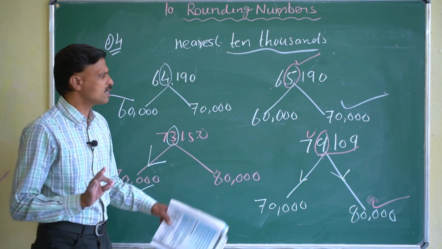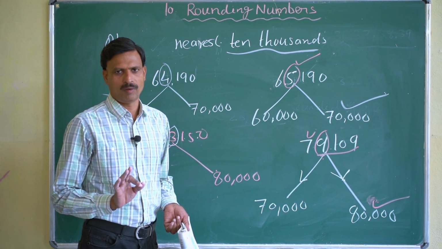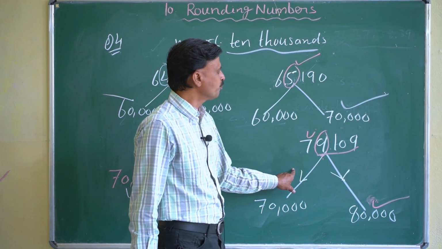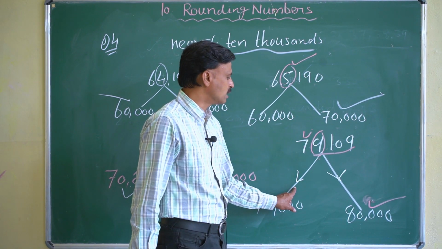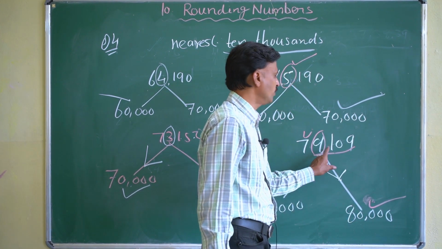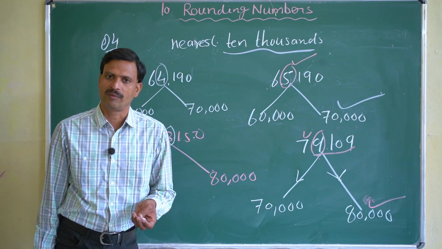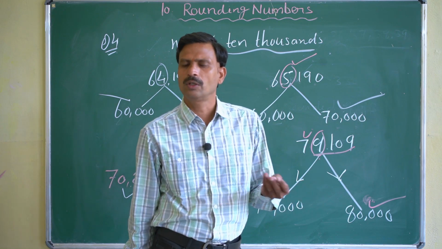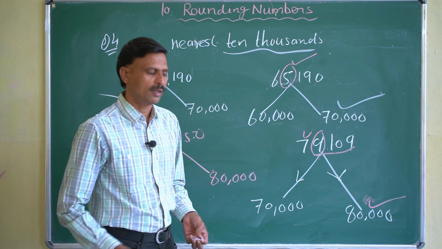Understand, no? This funda is for all the questions. You have to remember that. When you solve this type of question, you will write: since the thousand place digit is 9, the 10,000 digit will be increased by 1, so 7 plus 1 is 8, the others become 0, so it is 80,000. You solve it this manner, and I'll send the proper solution through the PDF. Here I explain why it is coming. Okay, right.